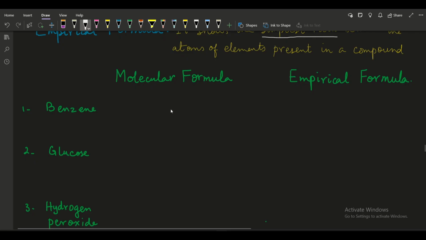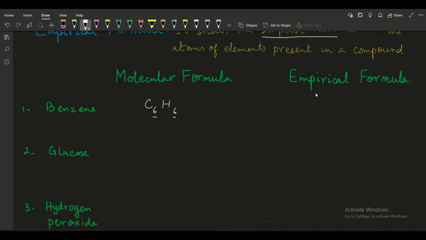For example, in benzene, the molecular formula of benzene is C6H6. C6H6, that means this compound contains 6 atoms of carbon and 6 atoms of hydrogen. So that's the actual number of carbon atoms. This number 6 is representing the actual number of carbon and hydrogen atoms which are present in its molecule, whereas